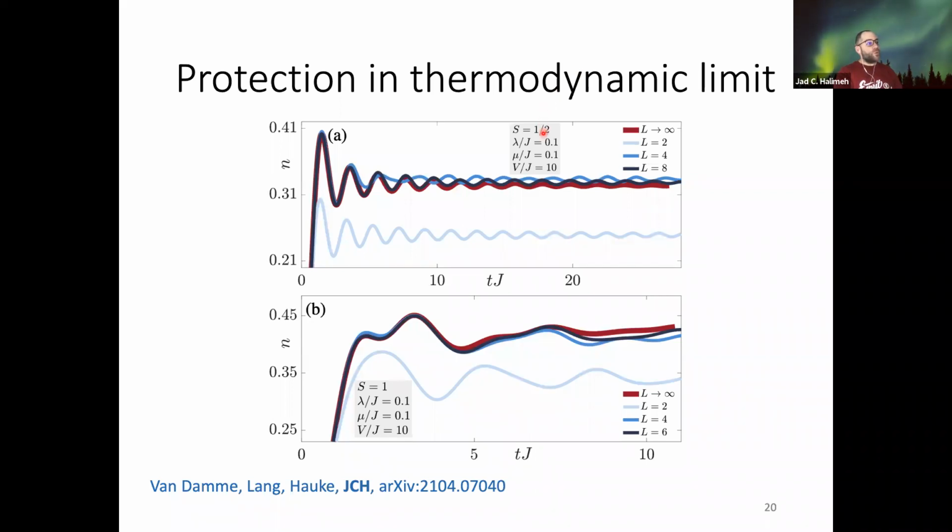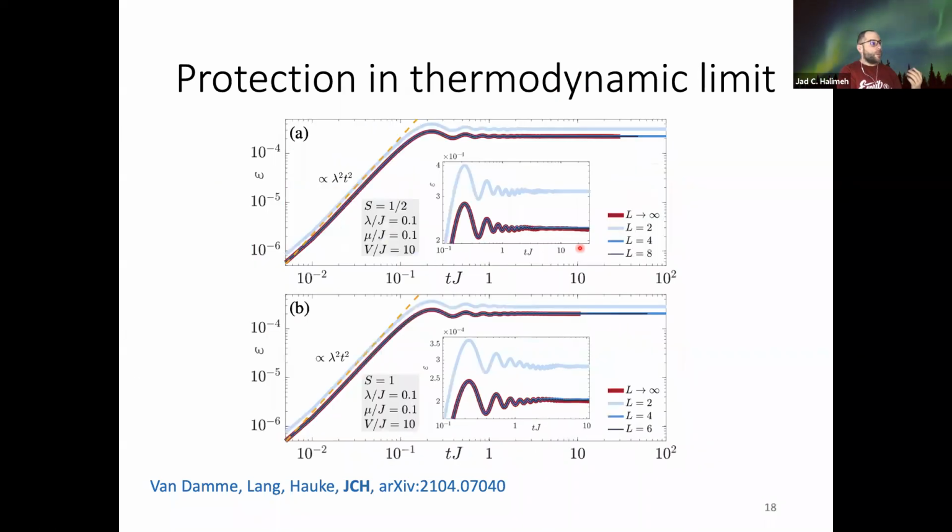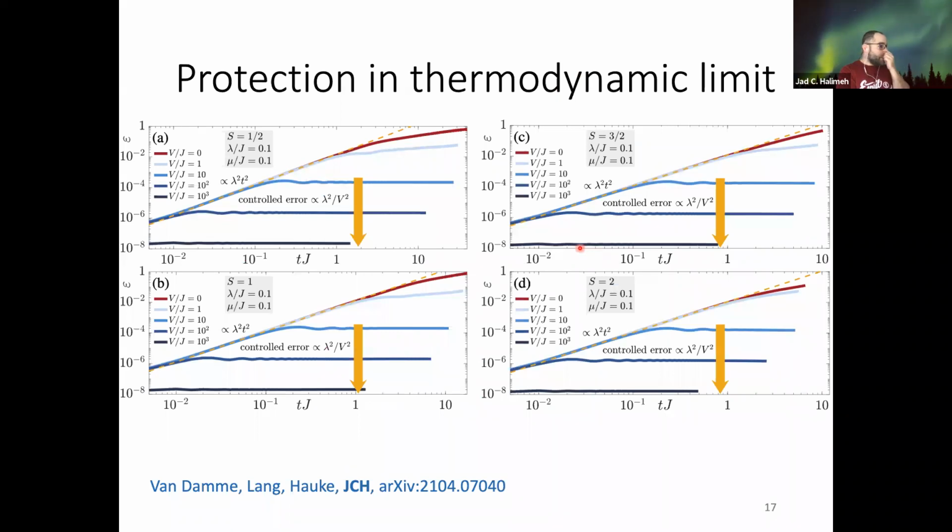However, as you see, between S equals 1/2 and S equals 1 in the gauge violation, we also have no problem. So if we go to the gauge violations here, you see that going from S equals 1/2 to S equals 2, the gauge violation at a given value of V is not changing so much. In the worst case scenario, the protection strength is predicted to go as S squared. But in our numerics, and we've tried many different initial states and many different local errors, we see that S actually has no adverse effect on what size your protection strength should be.